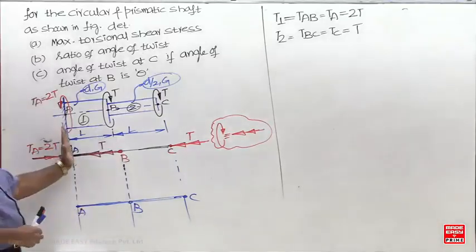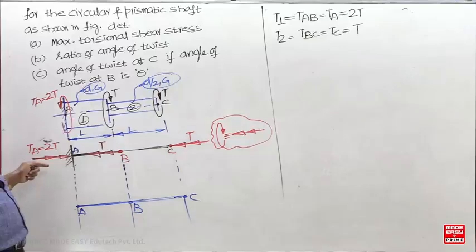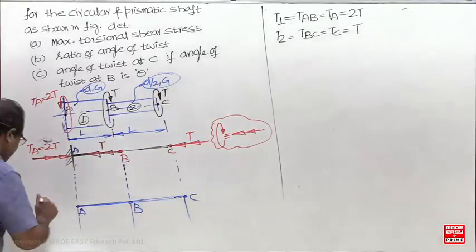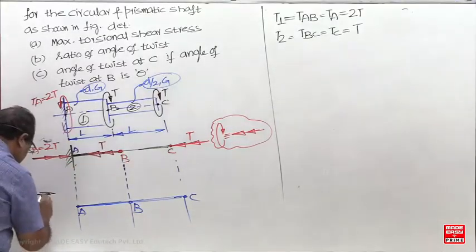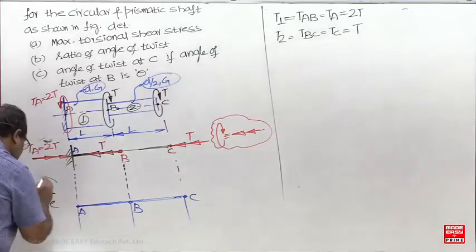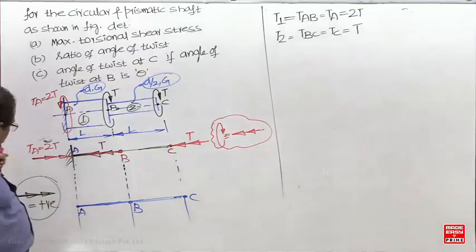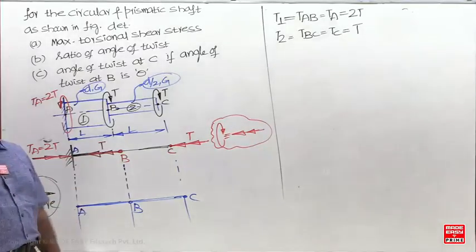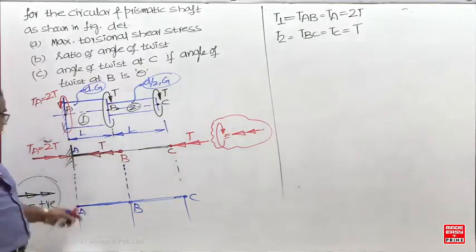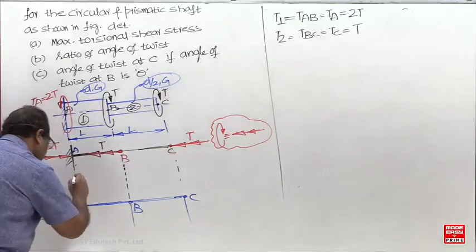I am starting from the left side. Towards the cross section or away: towards means it is positive. Yesterday I already mentioned, whoever is thorough with the ALD, the same concept is for the torque diagram. But in the ALD away is positive and towards is negative; here towards is positive. So it should be